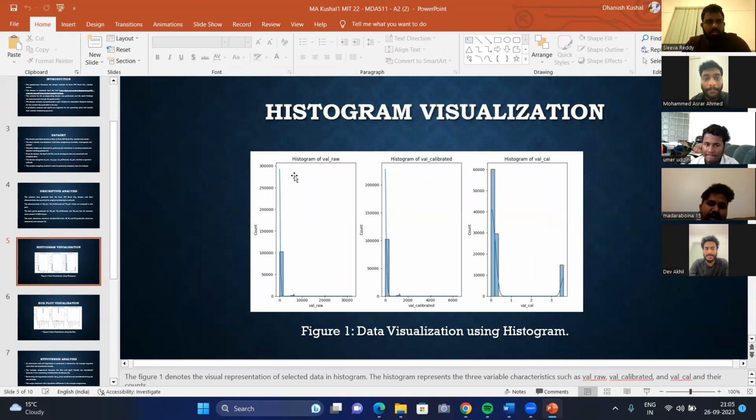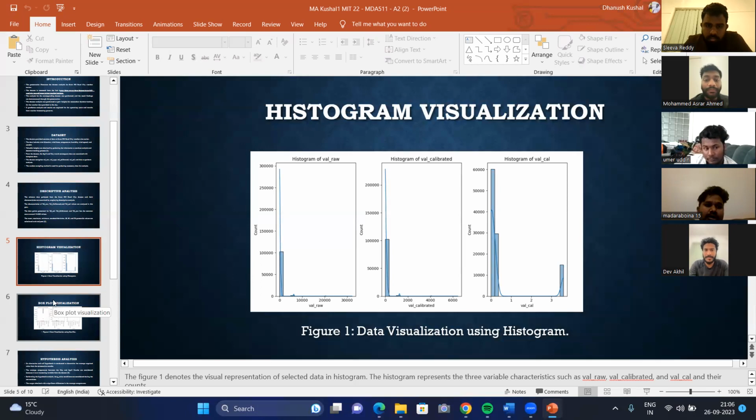Then the histogram of value calibrated, from 0 to 6,000, with counts of 0 to 50,000, 1 lakh, 1 lakh 50,000, and 2 lakhs. Third is the histogram of value calculated, from 0 to 3, with counts from 0 to 60,000.